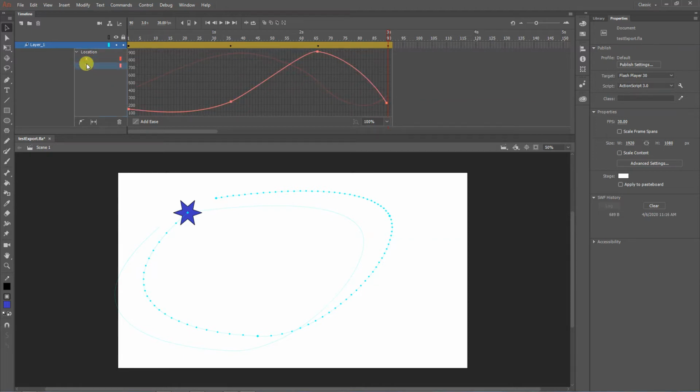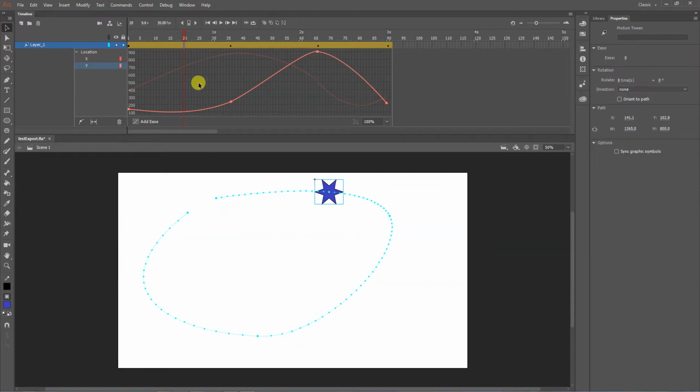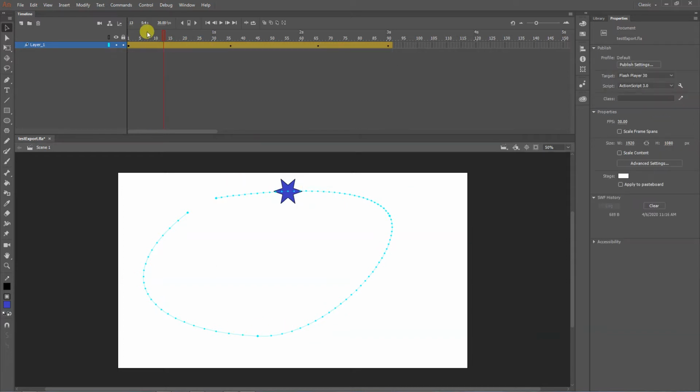And then we can do the same thing with the Y direction. We can take a look and see if we want to. And you can see, that was more obvious. All right, so if I bring this over here, see how that all goes away? And then as I bring this over here, the frames move back. And so with this, I should have much more even motion. It's still going to be slower here because it's taking longer than it is here and here, but it should be substantially more even,